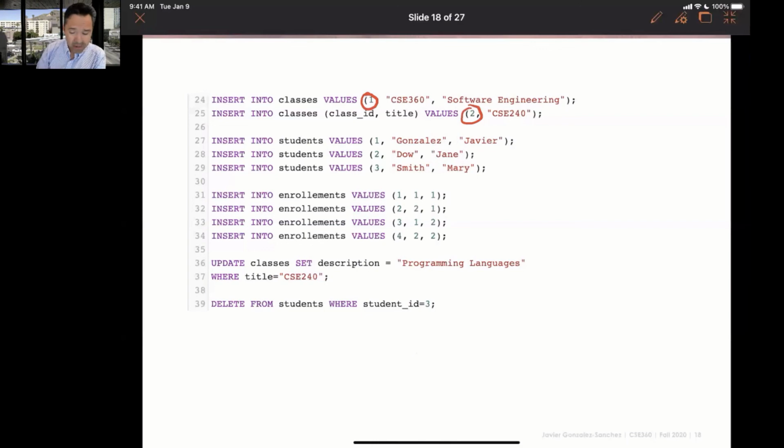Similar idea, if we think about the students, insert into students. I am creating 3 students. I am telling the computer 3 new students. Primary keys, like your ASU ID, all different. The name and the last name. Enrollments,